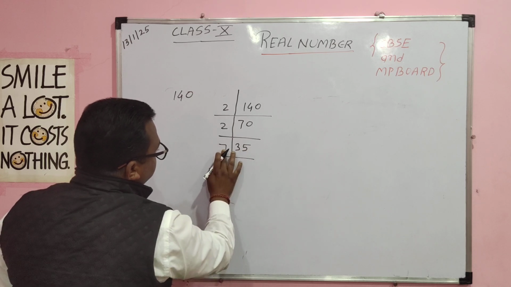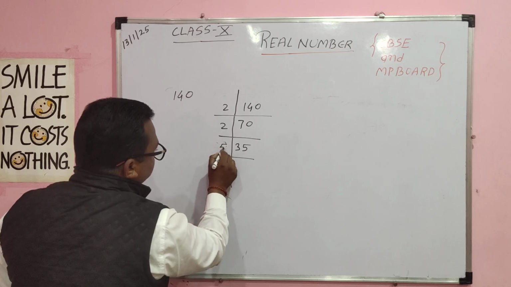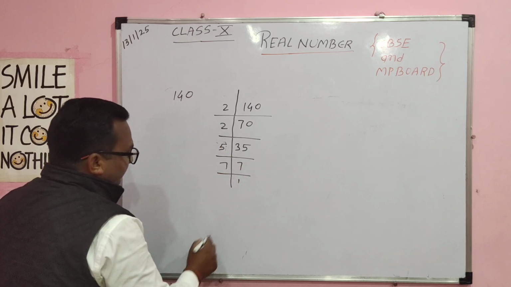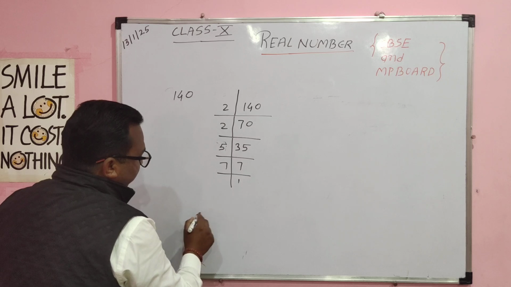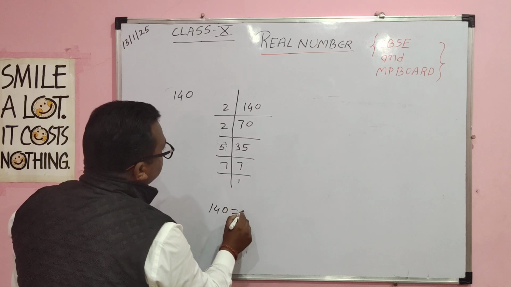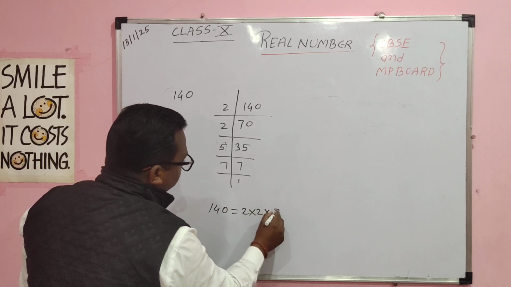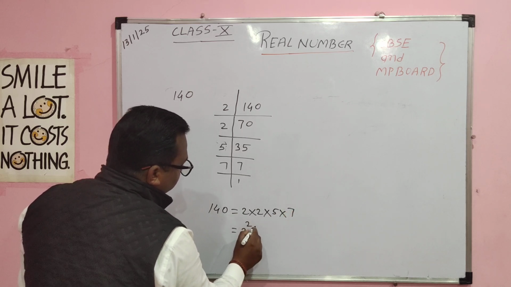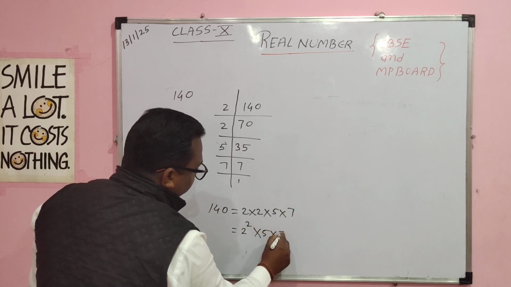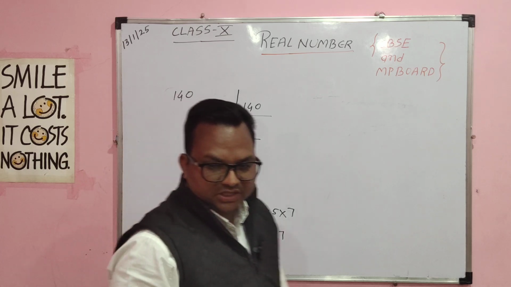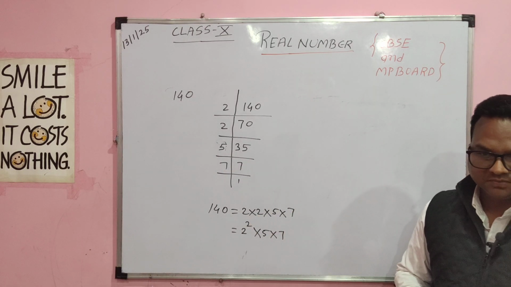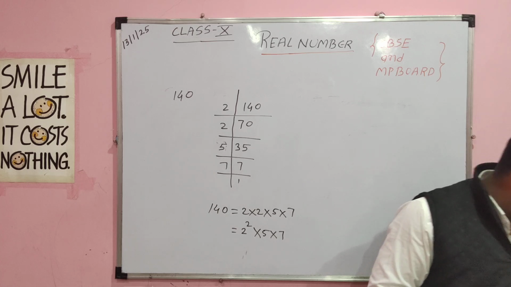Then 7 or 5, okay. 5 7s are 35, 7 1s are 7. It means our prime factors: 140 equals 2 multiply 2 multiply 5 multiply 7. So here, 2 to the power 2 multiply 5 multiply 7. So understand or not? How to solve prime factors questions? Understand? And the second question we have